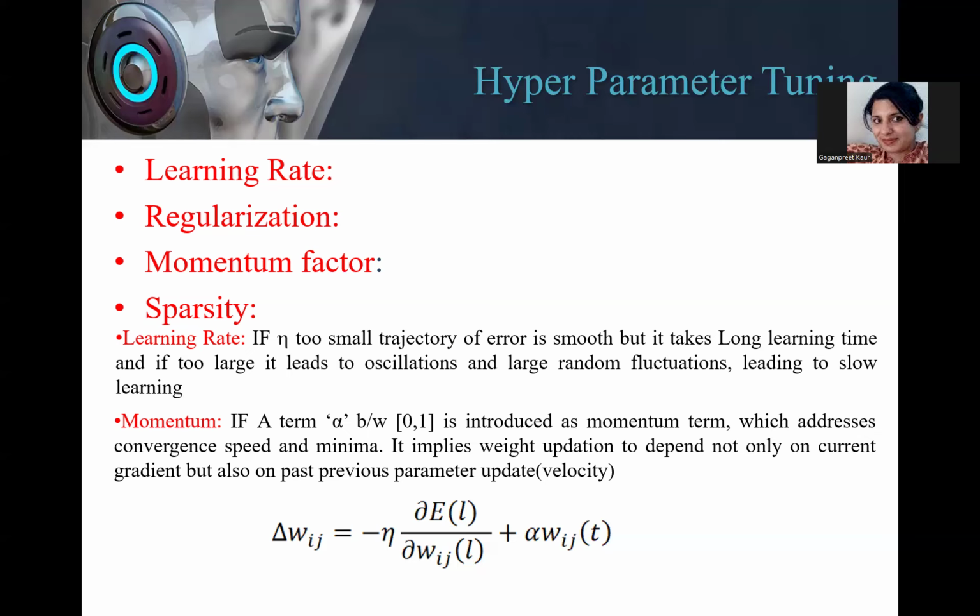So as such, we think that the weight update depends upon the current gradient position from where we are moving ahead, because we are calculating the gradient of the objective function with respect to our parameter, which is weight in our case. But momentum is required when we are including the past knowledge of the path being followed. That is incorporated using this term alpha into the weight. Alpha is the momentum factor. Again, it varies between 0 and 1.